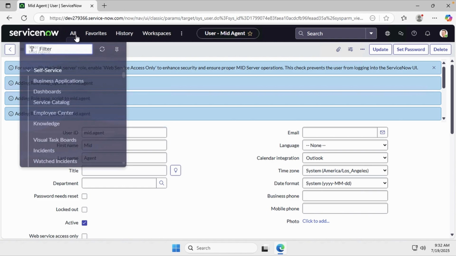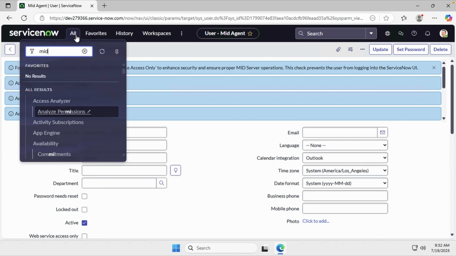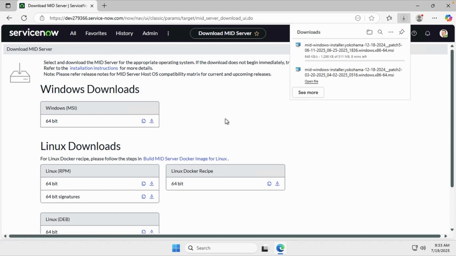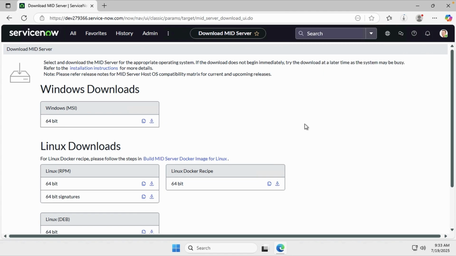Now let's download the MID server package. To download it from your instance itself, just type MID. Under MID server, you can see downloads. Click on downloads. As we are going to install this on our Windows machine, we will download the Windows MSI. So let that download complete. While the download is happening, we can set up our